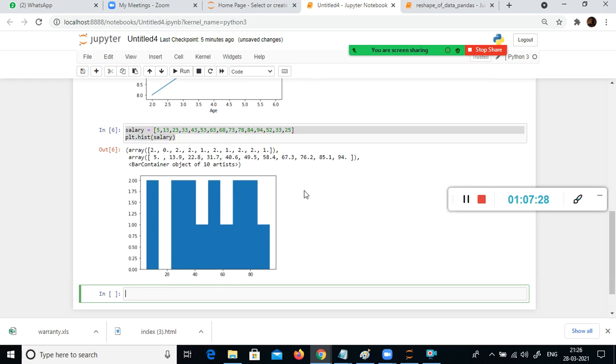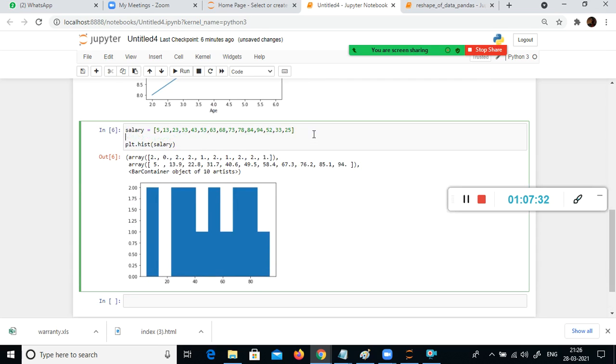So histogram gives me my histogram, and you can also specify the bin size. What is a bin? We discussed bins, right? 20 to 40 is a bin, 40 to 60 is a bin, the interval.